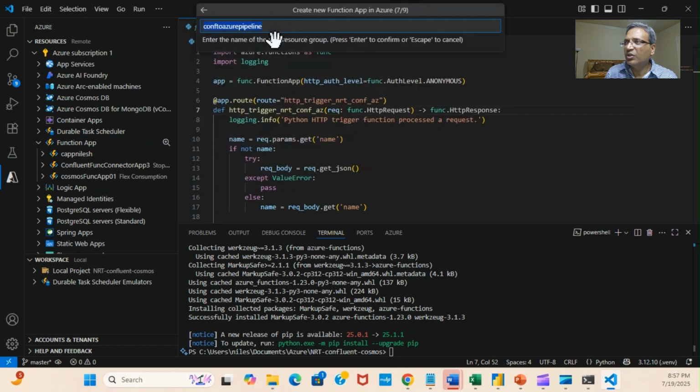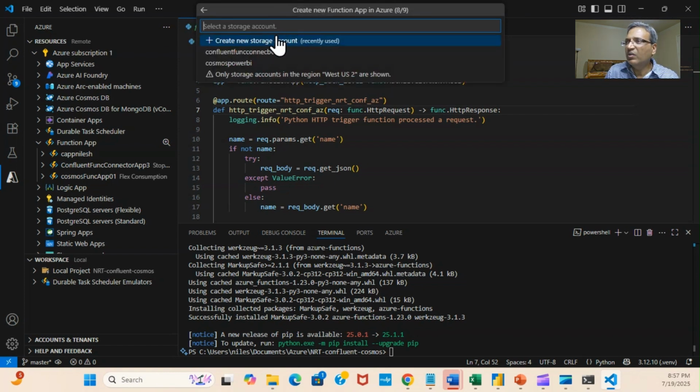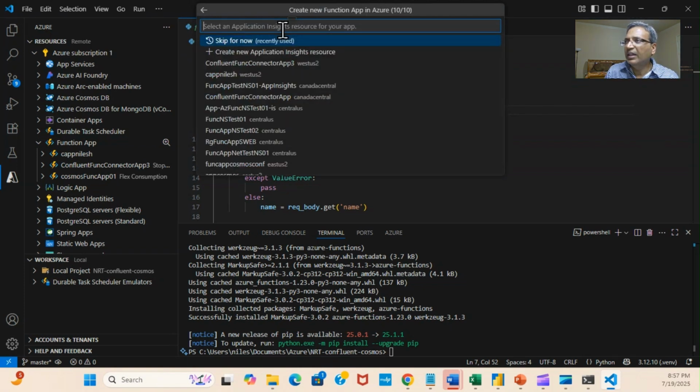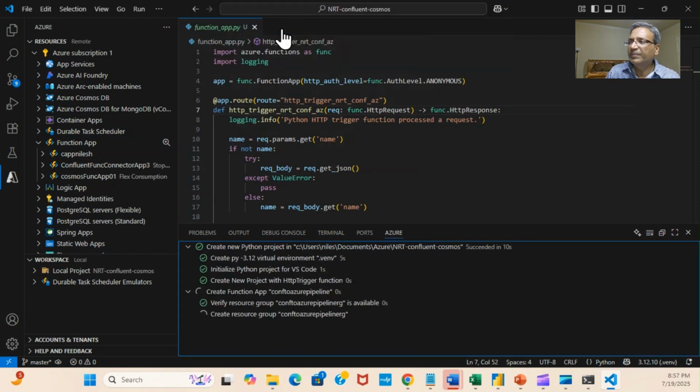We'll create a new resource group. We'll put RG at the end, and storage account, create new. Application insights, application insight resource group. That will go ahead and create the function app,